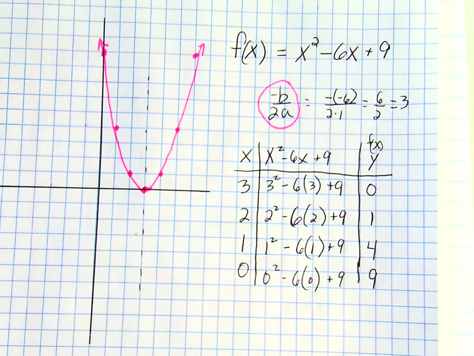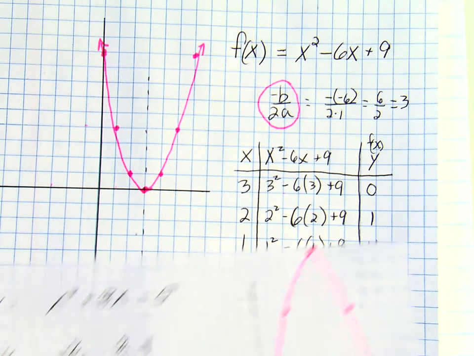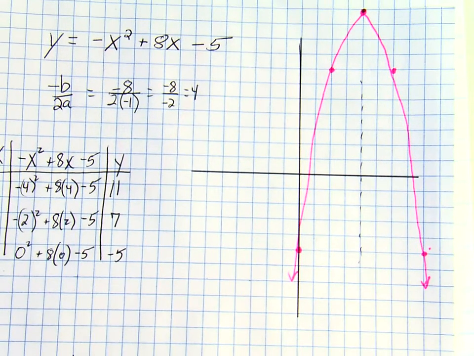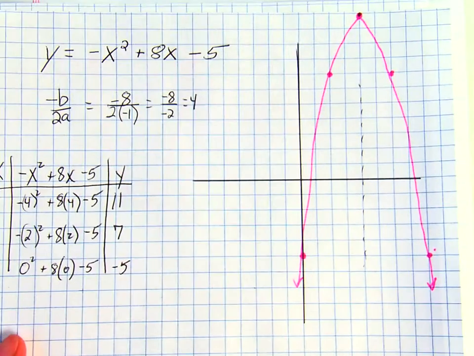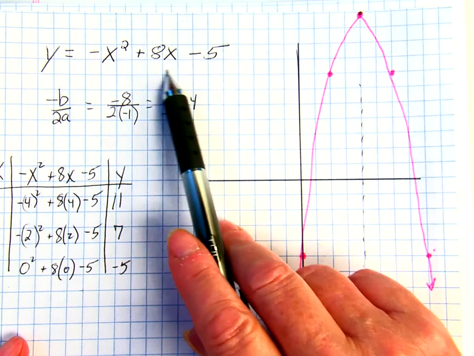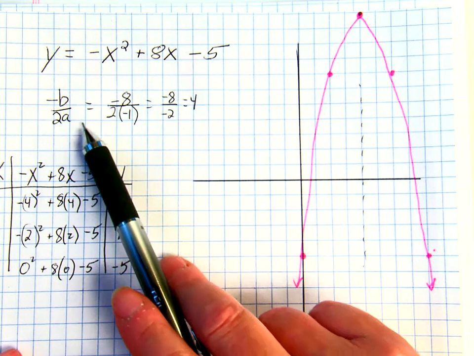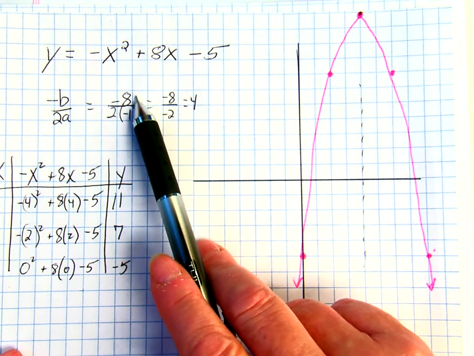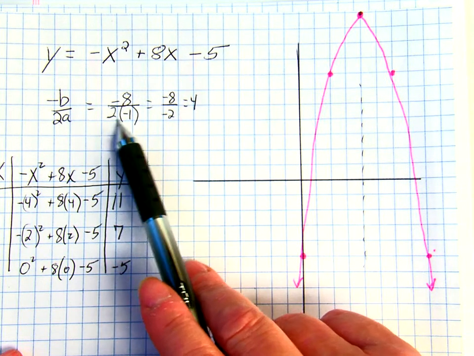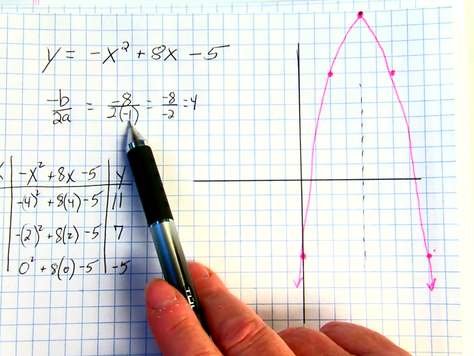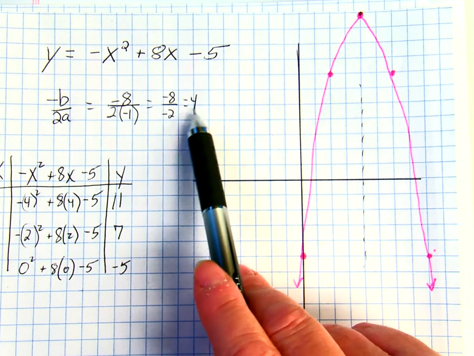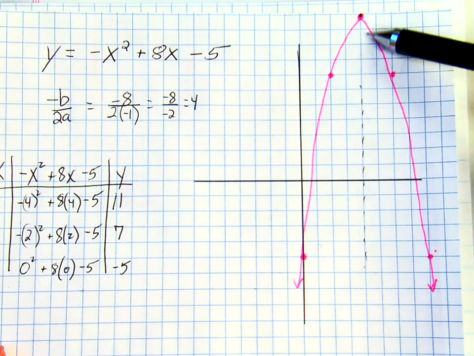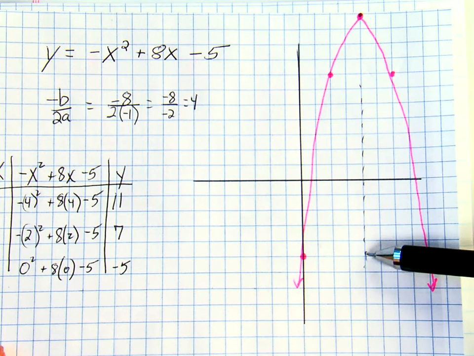Now, working on another problem, we have another problem here, and this is y equals negative x squared plus 8x minus 5. We're going to do the same thing. Negative b over 2a. Negative b is negative 8 over 2 times negative 1. Gives us a negative 8 over a negative 2, which is a positive 4. I come over to my graph, and I build my axis of symmetry just lightly,